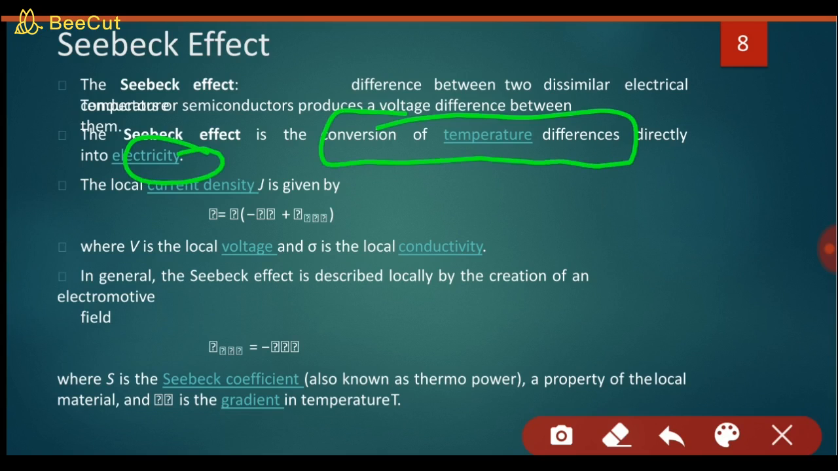तो लोकल करंट डेंसिटी, that is J, is given by the relation, and V is the voltage, and sigma is the local conductivity. Okay students. So the general Seebeck effect is described as a local creation of electromotive force. S is nothing but the Seebeck effect coefficient, known as thermal power, which is a property of the local material. Okay,